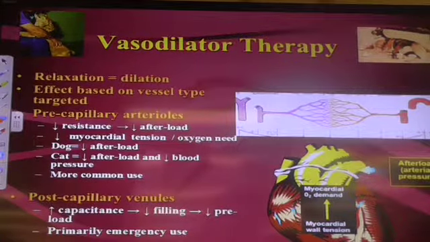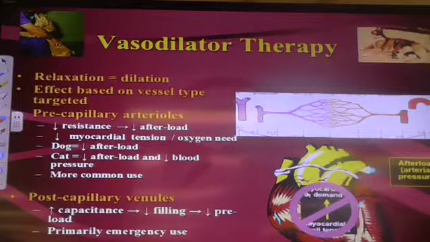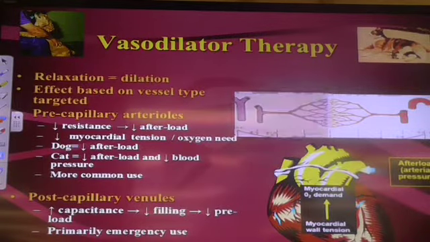Venous vessels are capacitance. If we dilate arteries, we decrease resistance, we decrease pressure. If we dilate veins, we increase capacitance, we decrease preload. All right. So, if we look at the other side of this, if we increase the capacitance of the veins, we're going to decrease preload. Has nothing to do with systemic blood pressure. Did you hear that? Decreasing preload has nothing to do with decreasing systemic blood pressure.